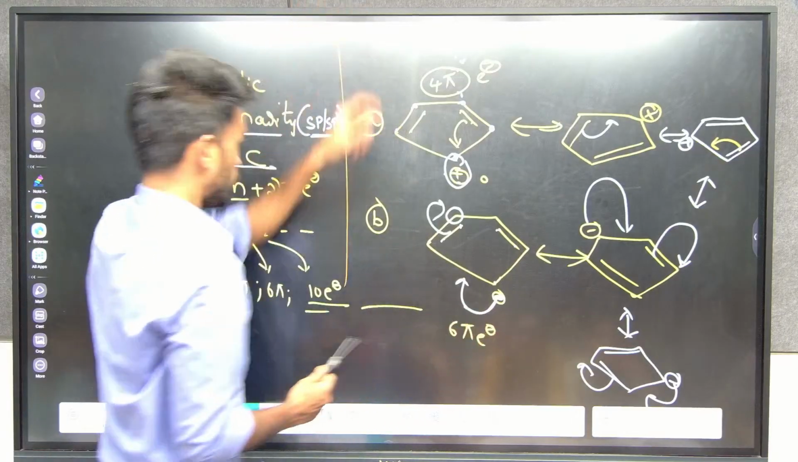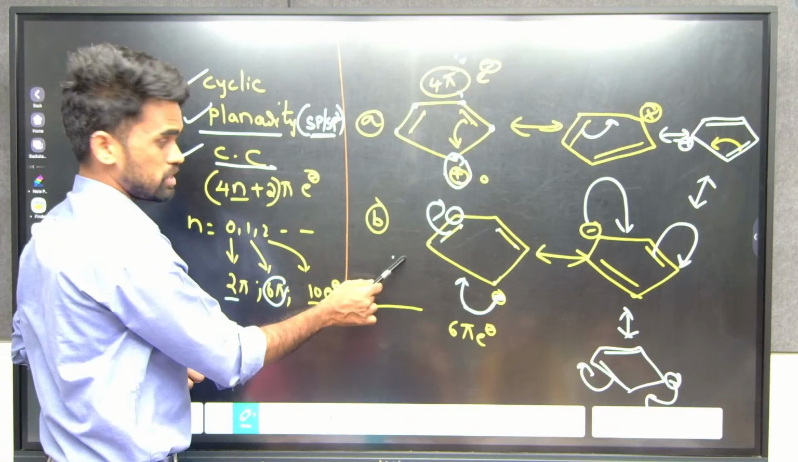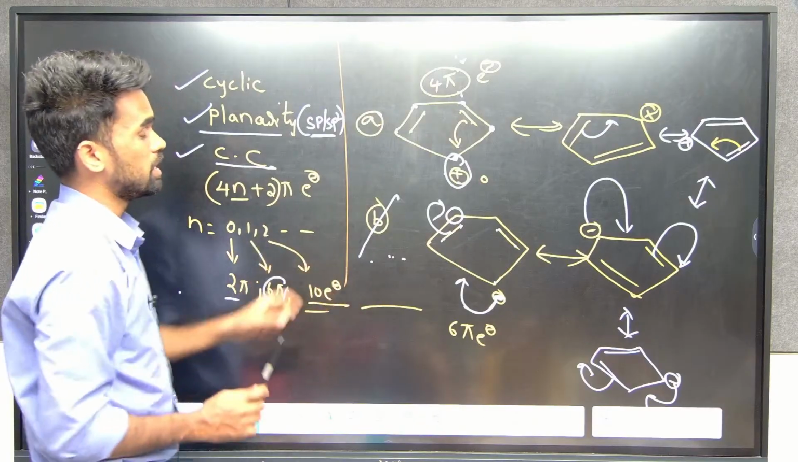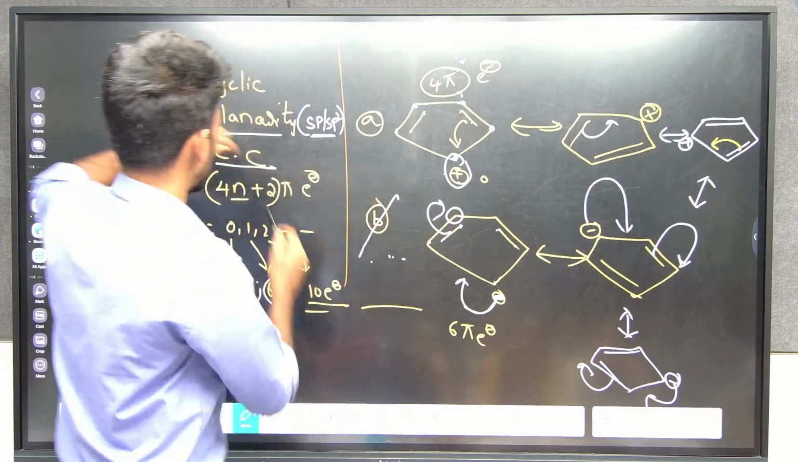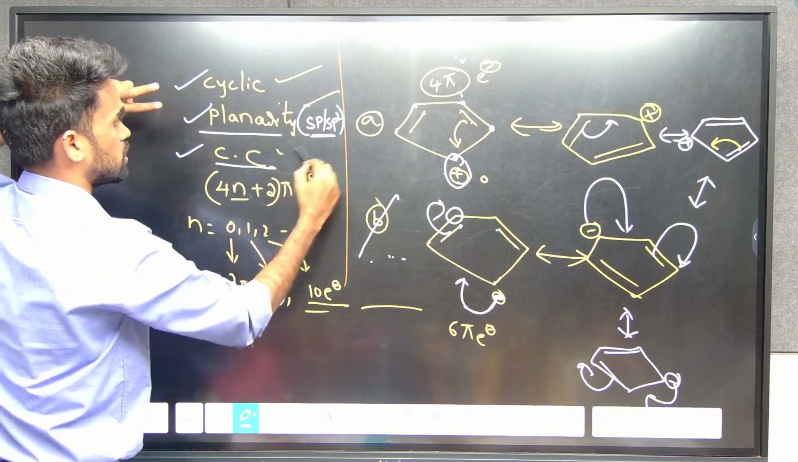So which is having this number? 6 pi electrons means the second one. So the second one I can say is aromatic. What is the second one? Aromatic. Now the first one, see, following the first condition, the compound follows the cyclic first condition, second condition, third condition, but